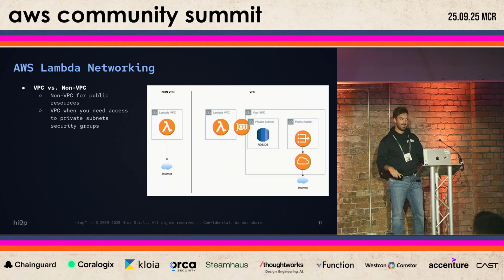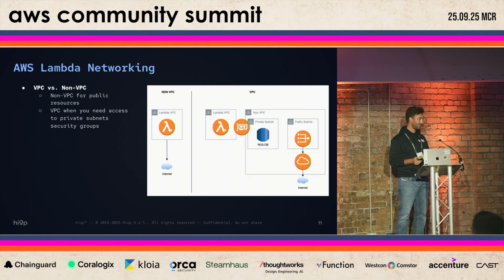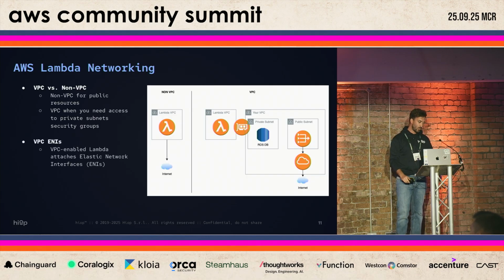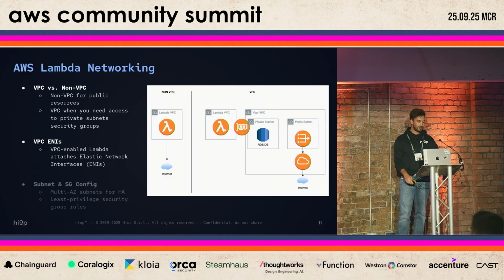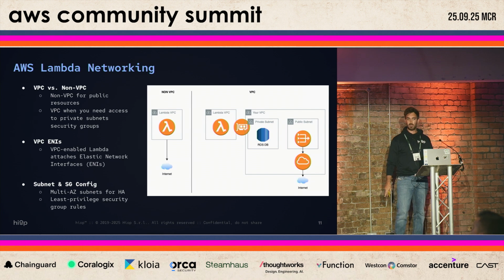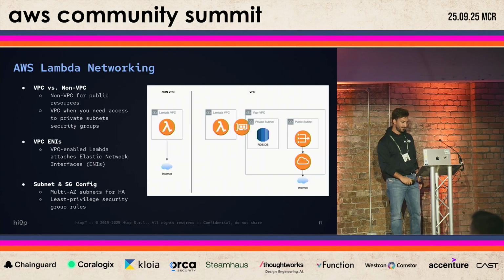As you can see, this creates an attachment of a network interface of your Lambda to the VPC you are selecting. We will see that this is important for many reasons, both for performance, but also for the quota limits that AWS has on these specific virtual devices. Some suggestions when you are building Lambdas with VPCs: always configure multi-availability zone subnets in order to provide high availability to your Lambda, and also, as always, provide least privilege access in the security group.